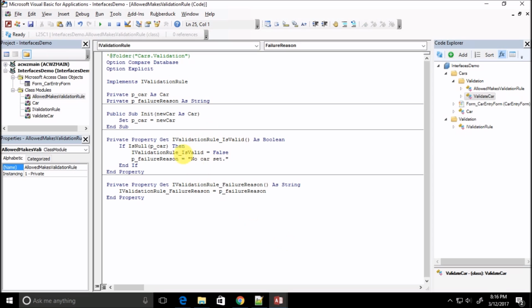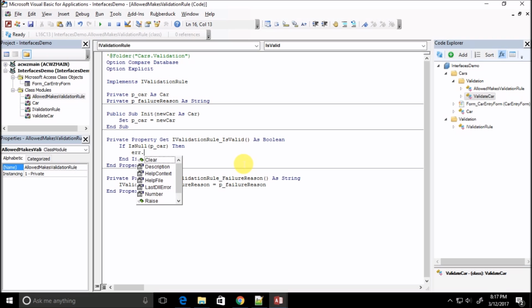but that's going to trickle up to the customer in the end. And really, the problem is not with what the customer did, but with what the programmer did in not calling the init function and passing in a car. So rather than do this validation message, I'm going to go ahead and raise an error. Now, for that raise of an error, I'm just going to do vbObjectError. I'm going to leave the source open. I could specify the source here and say, allowed